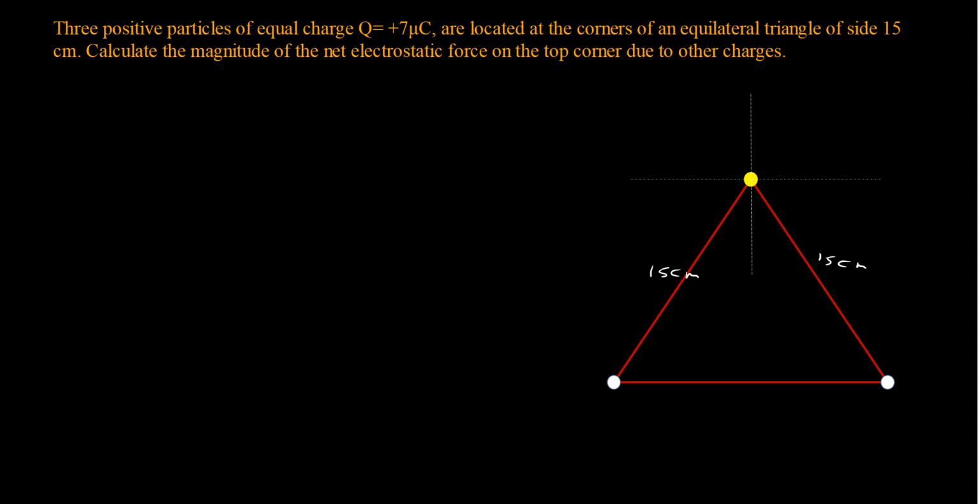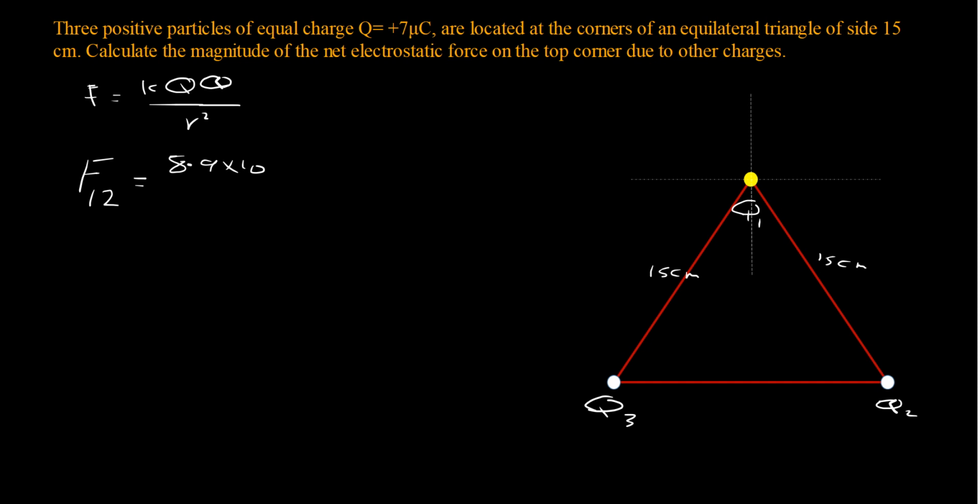All right, I will call this charge Q1, this one will be our Q2, and this one will be our Q3. Now, to start the calculation, we're using Coulomb's law, which is kQQ over the distance squared. To find the force generated on charge 1 because of charge 2, to make it more clear, we simply say 8.9 times 10 to the power 9